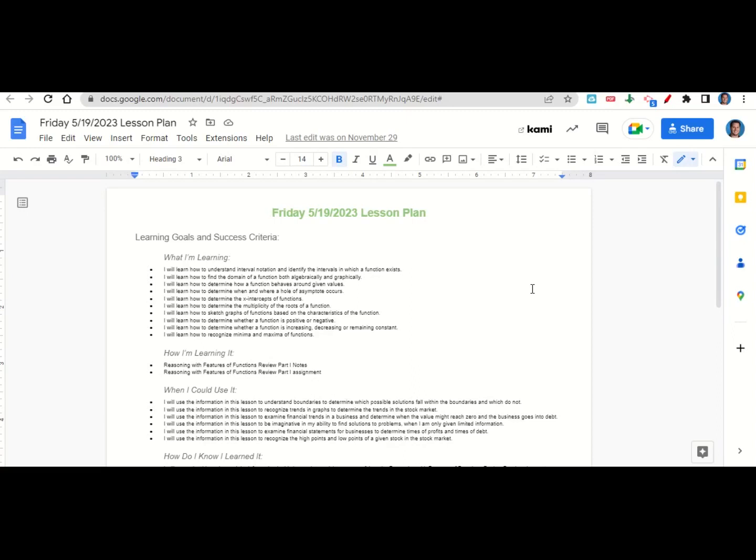We're learning how to understand interval notation and identify the intervals in which a function exists, how to find the domain of a function both algebraically and graphically, how to determine how a function behaves around given values, how to determine when and where a hole or asymptote occurs, how to determine the x-intercepts of functions, how to determine the multiplicity of the roots of a function, how to sketch graphs of functions based on the characteristics of the function,